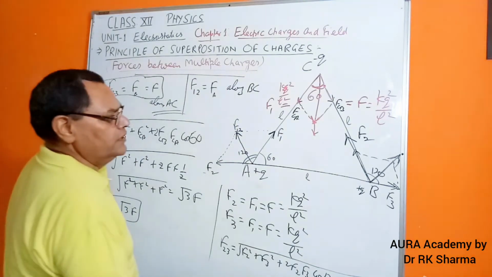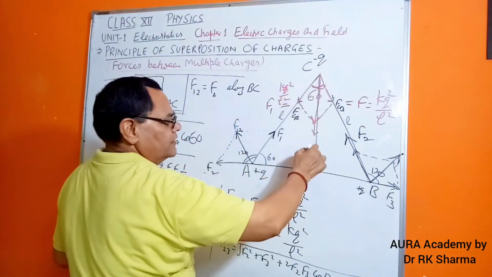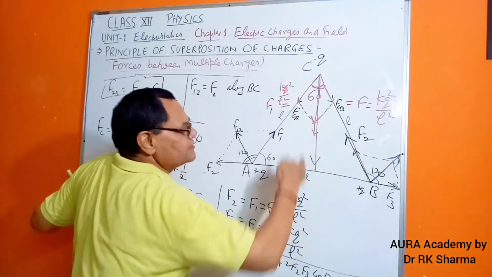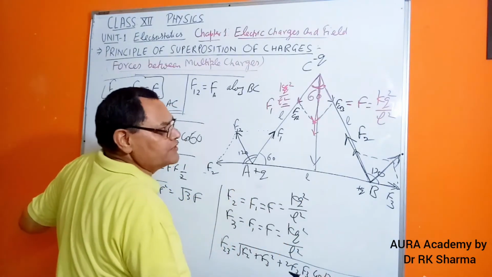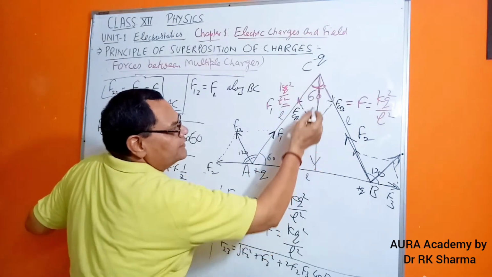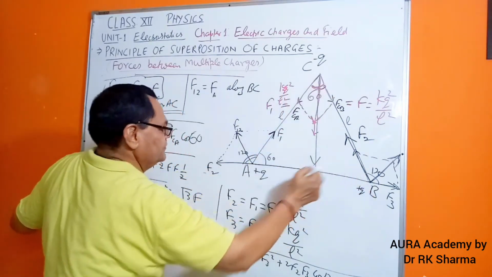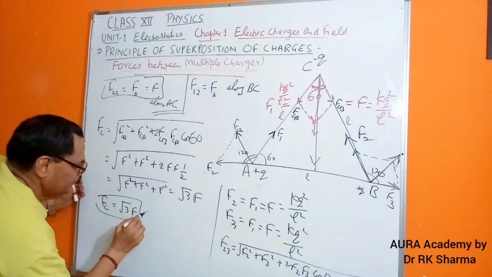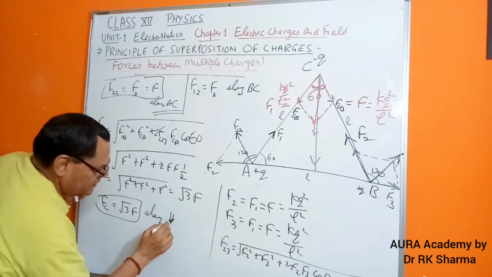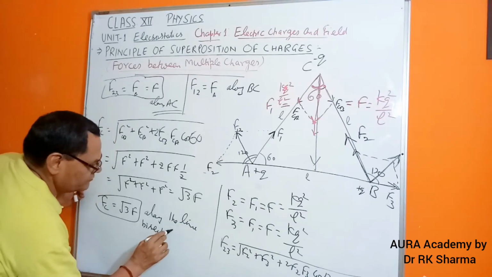And what should be the direction? So the direction will be from C downward, this way. So you have to write this properly, because saying it as an ordinary sentence, downward, is not proper language. So basically you can say the direction should be along the line bisecting this angle, that is angle ACB. So therefore you can say the direction is along the line bisecting angle ACB.